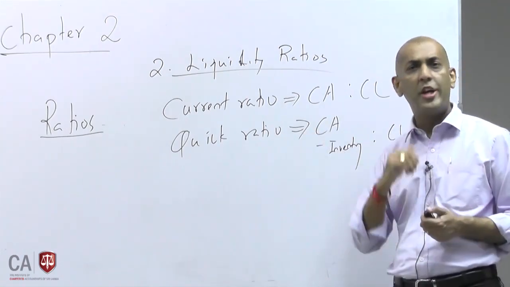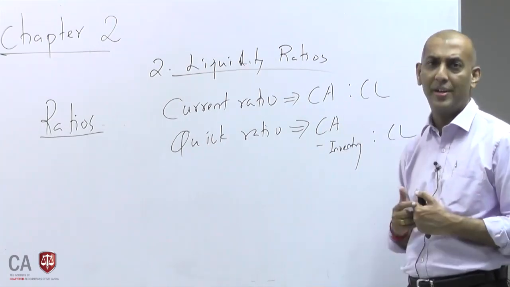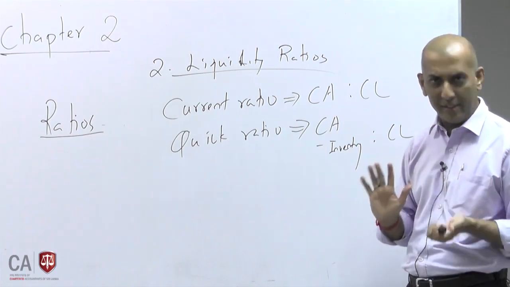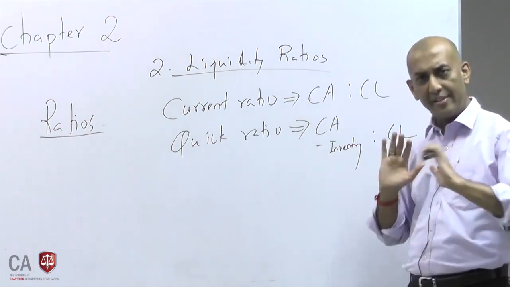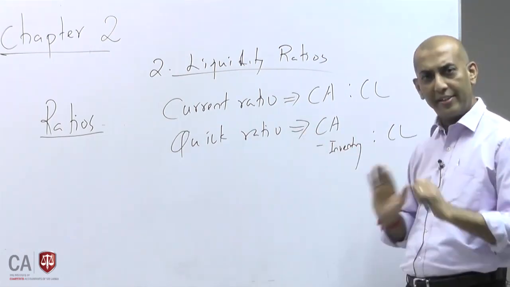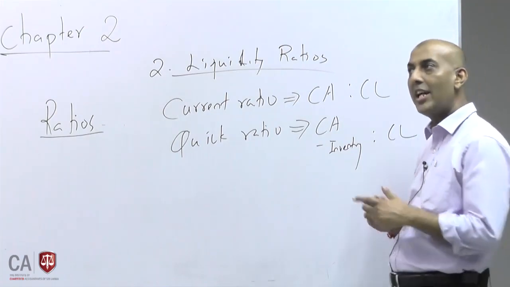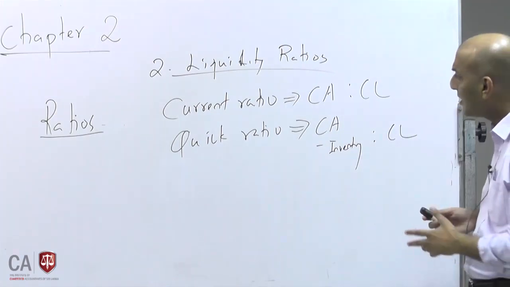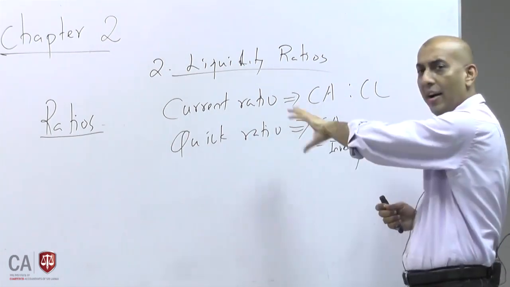Similarly, quick ratio, you don't need to have 1:1. Sometimes you will be able to manage even with less than 1:1. But ideally, or normally in financials, we say that 2:1 and 1:1 are reasonable for these two ratios in managing the working capital. So your working capital management would be decided by how your liquidity ratios are.